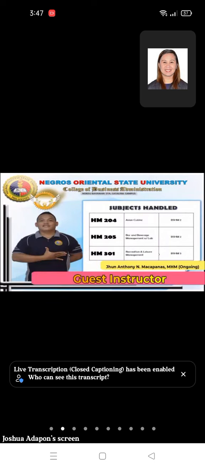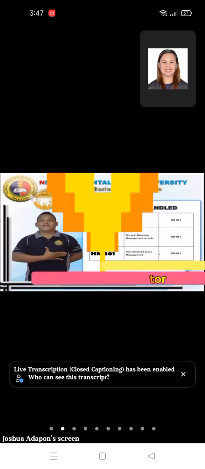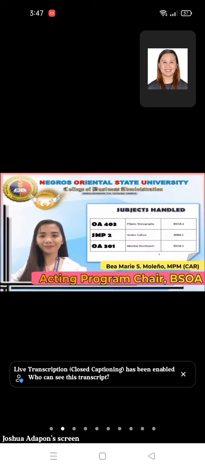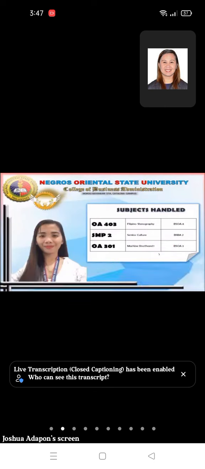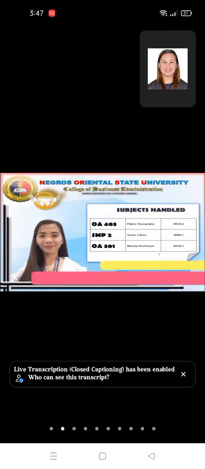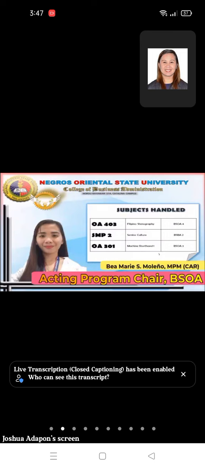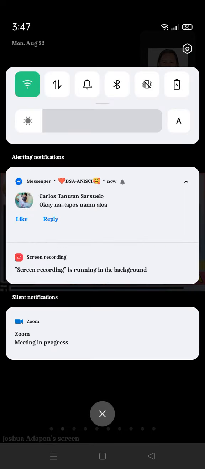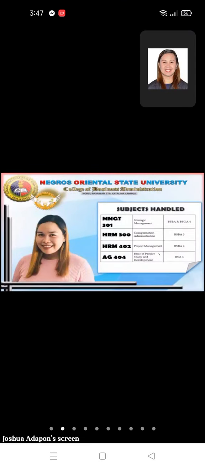Program Chair of the Bachelor of Science in Office Administration, Bea Marie S. Molenio, a graduate of Bachelor of Science in Office Systems Management, who has completed academic requirements for Master in Public Management at Negros Oriental State University, Main Campus. Yon Trovit C. Dalet,